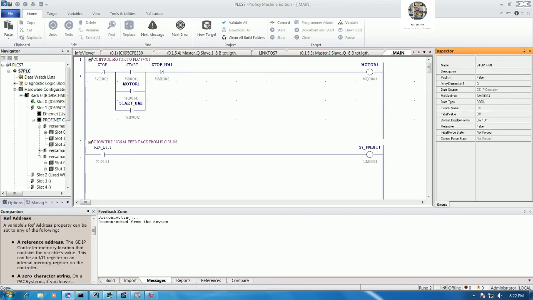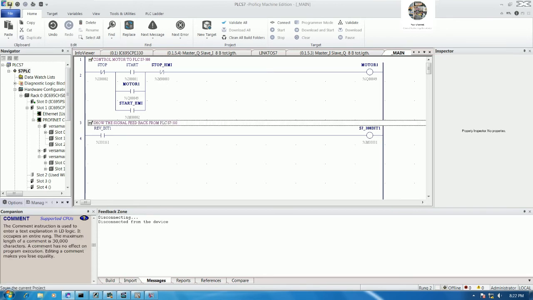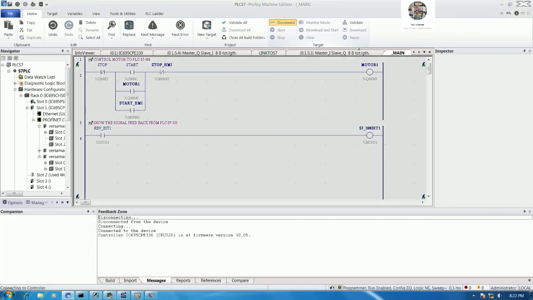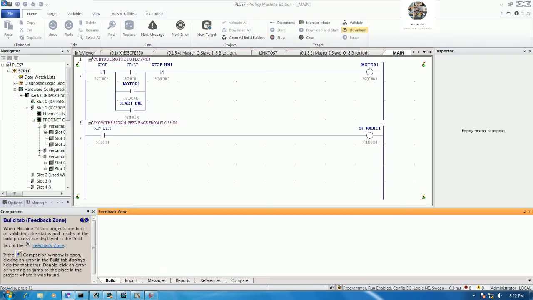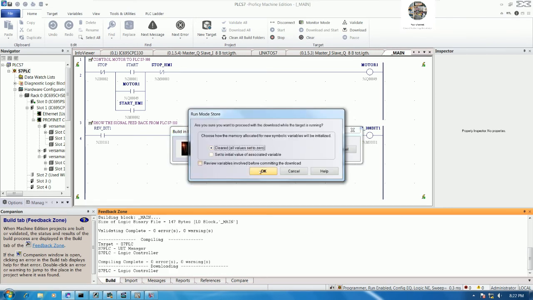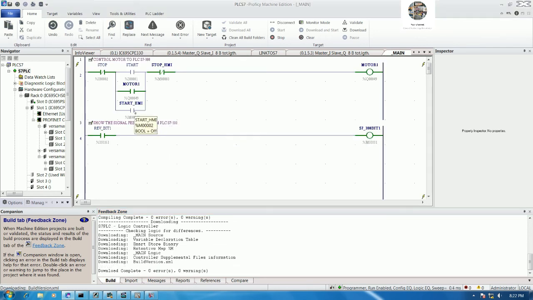Create the %M also, and then save the project and then download the logic to the CPU. Okay, so start %M2,